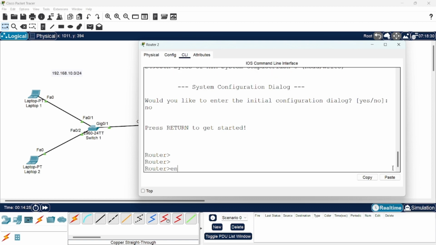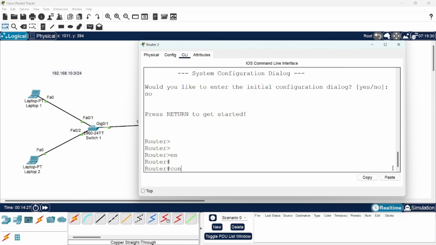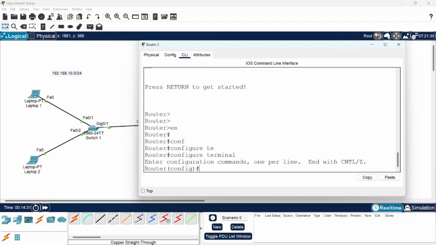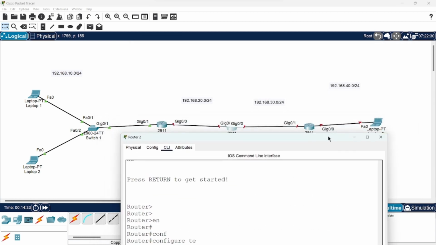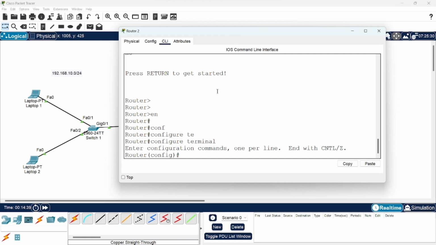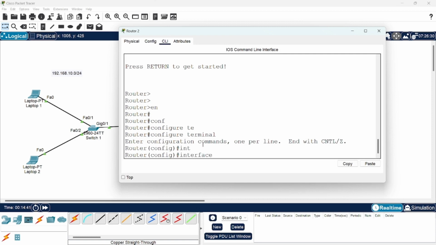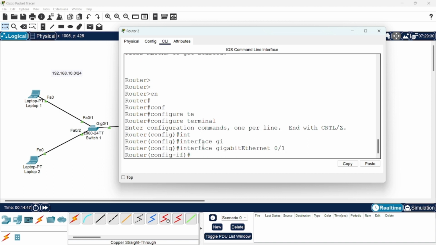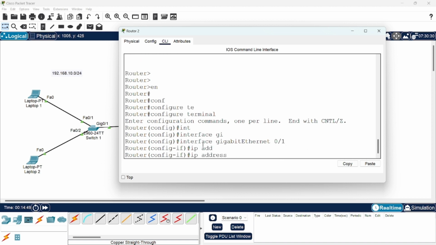So enable, then config terminal, then we need to go again to interface mode. So first this interface, which is gigabit Ethernet 0/1. So interface gigabit Ethernet 0/1 and IP address